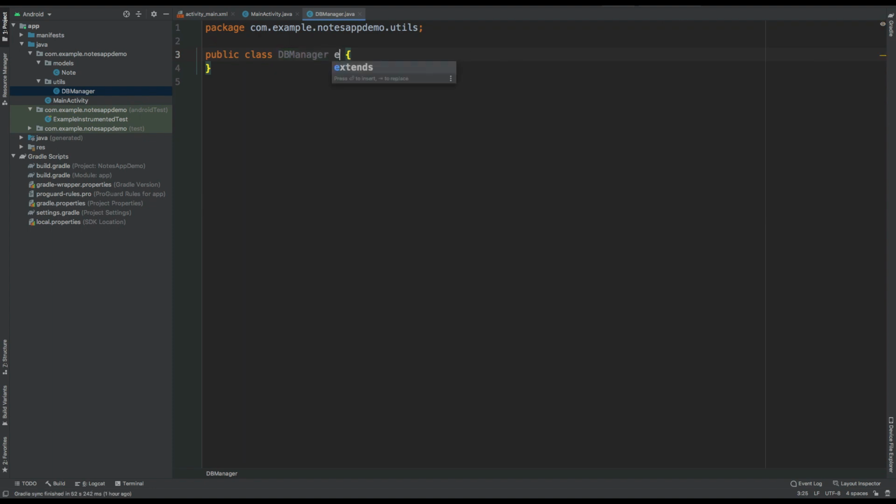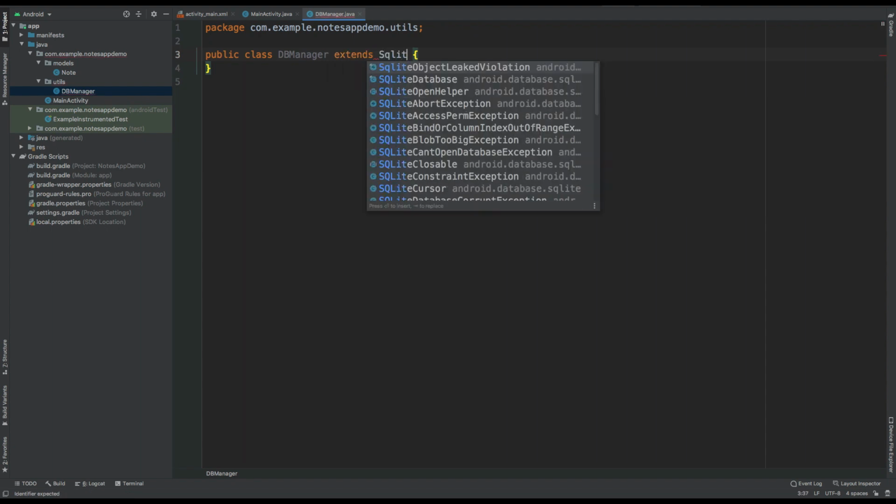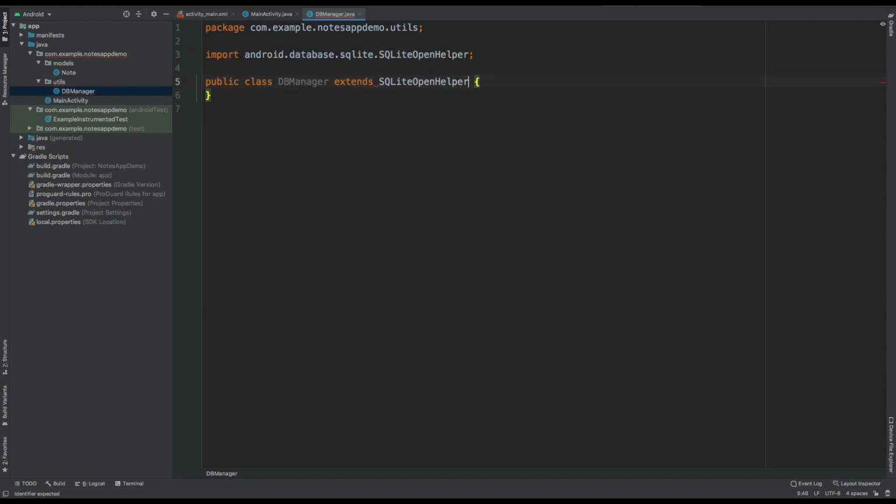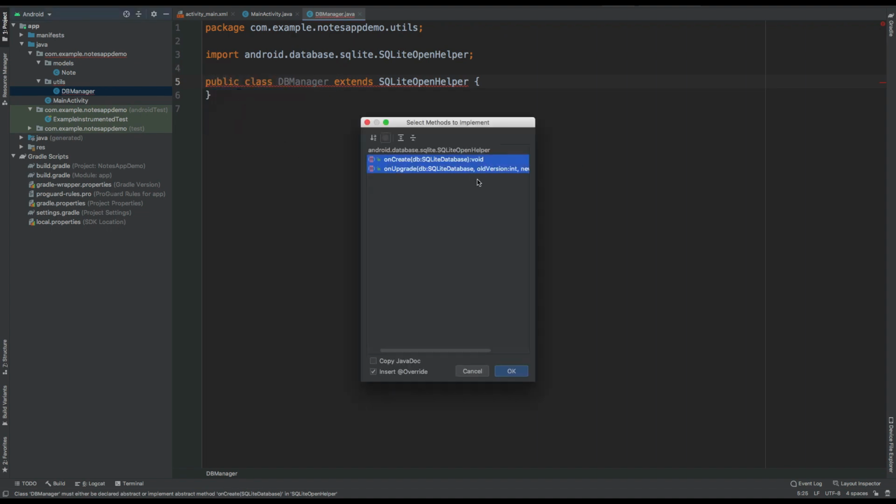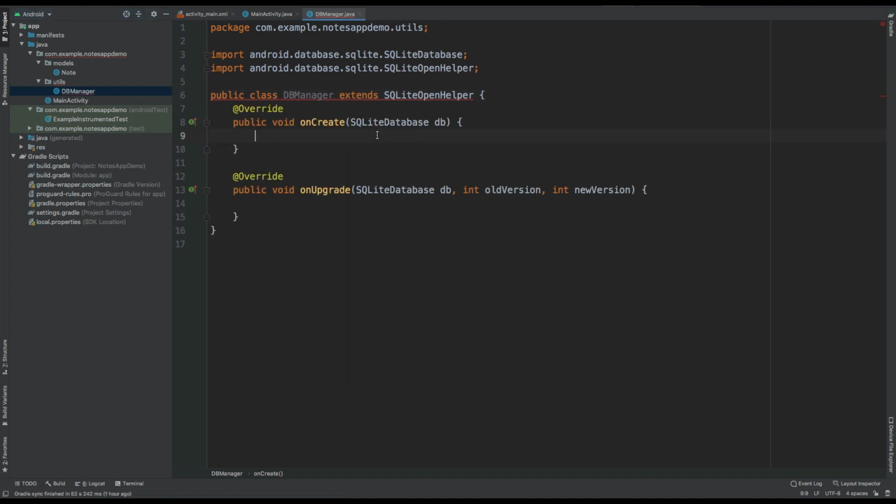Now you have to extend this to SQLiteOpenHelper for it to act as a database class. So you have to implement some methods to override them. Inside the onCreate, this will create the database, and